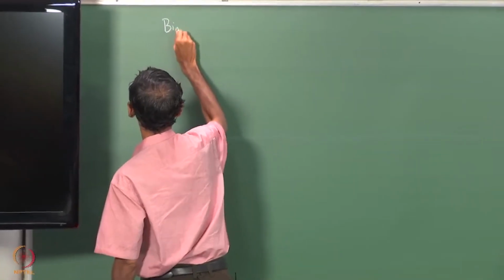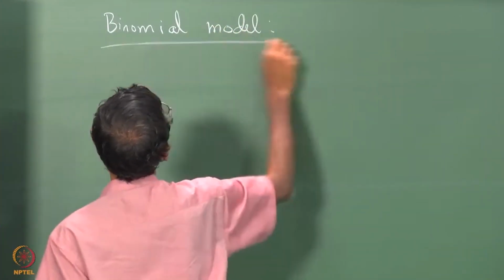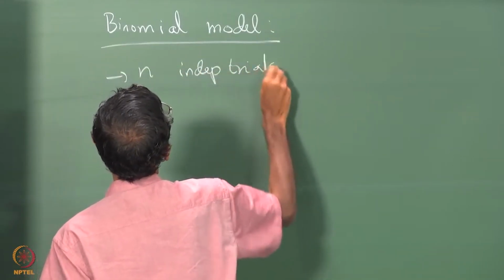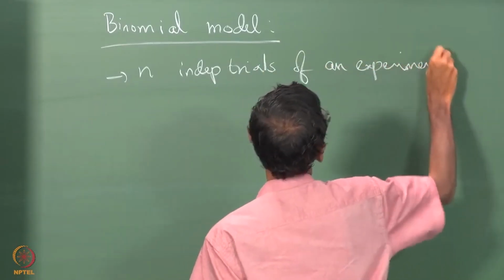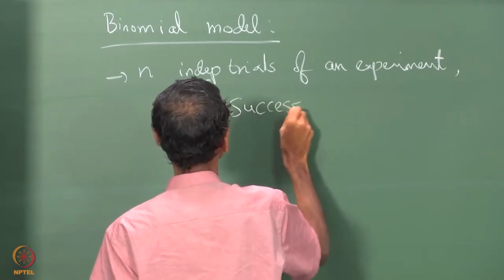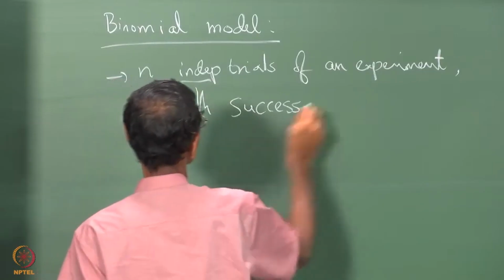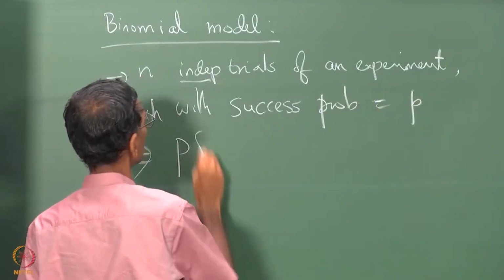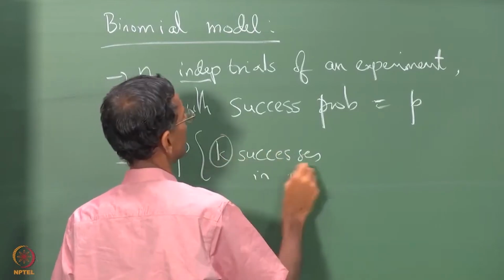Let me review this binomial model again. So, you have n independent trials. So, instead of calling it head or tail, we will call it success, right. Each trial has success probability equal to p, right. That means that the probability of k successes in n trials